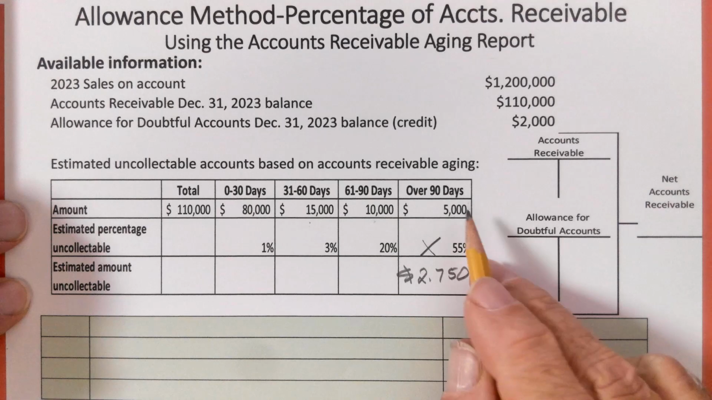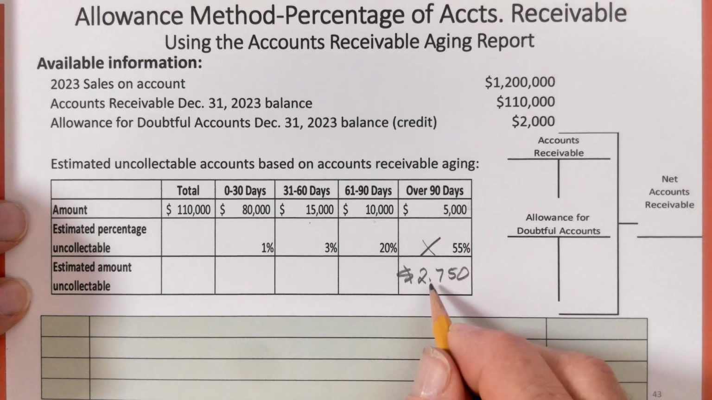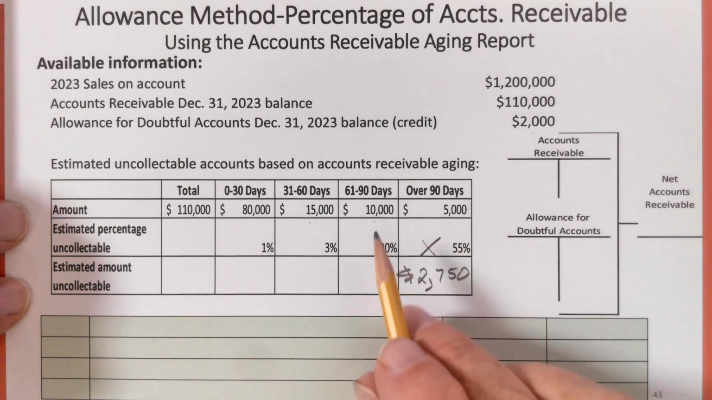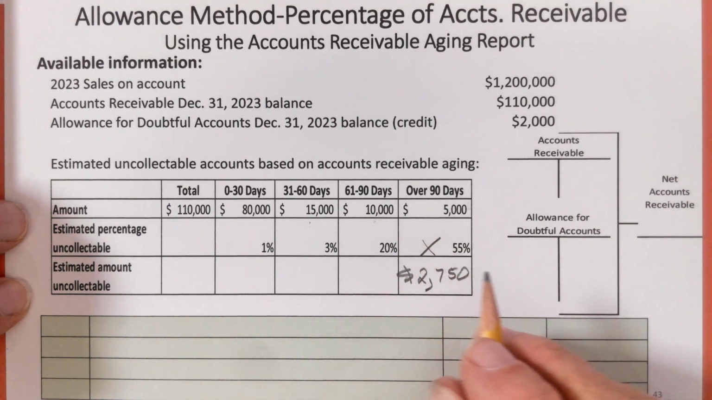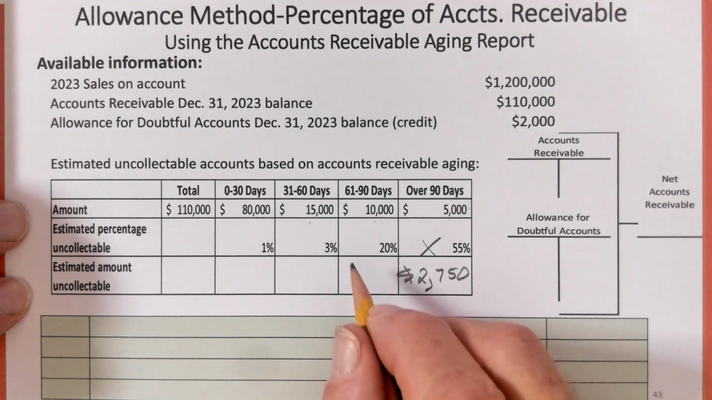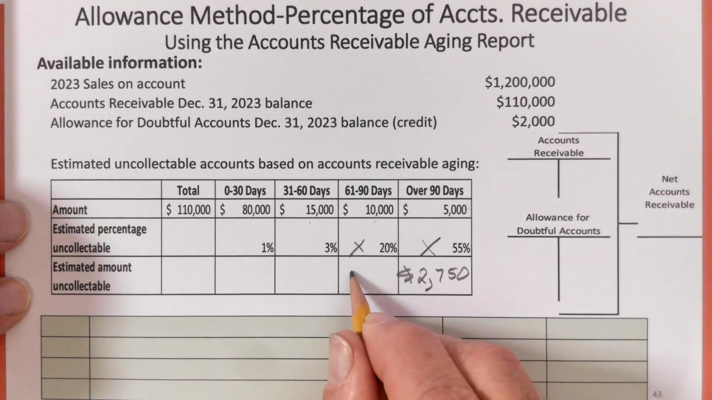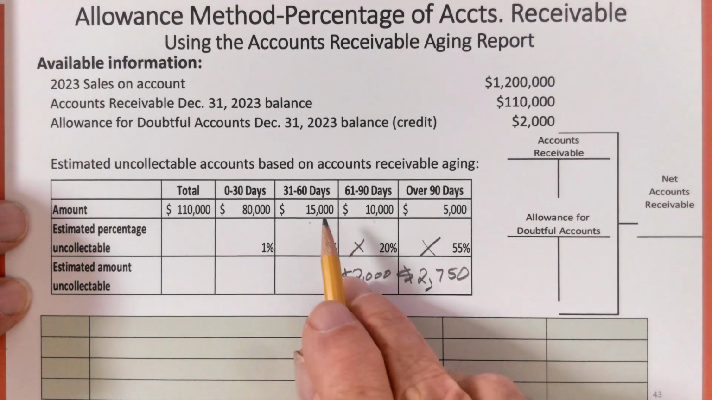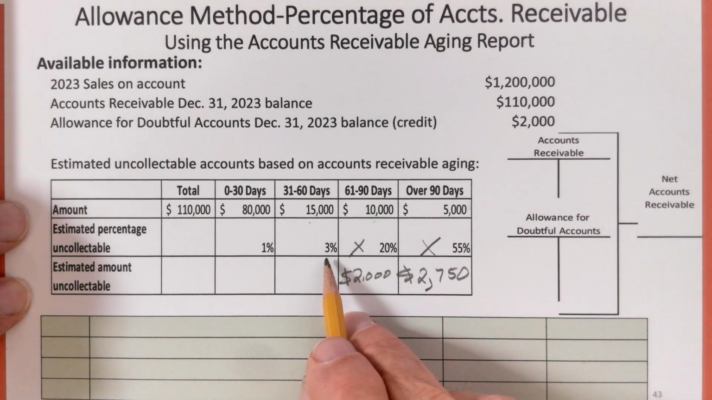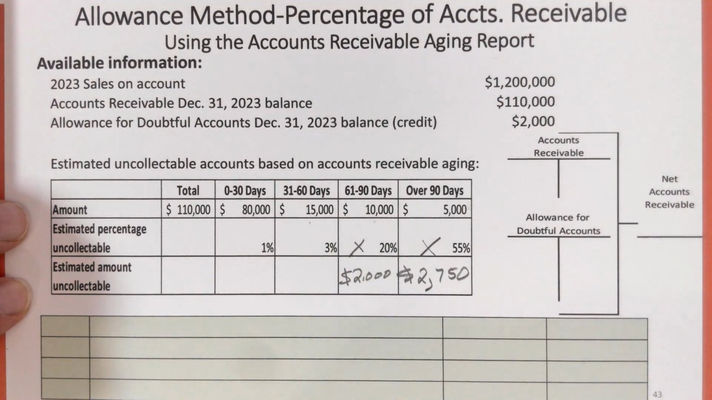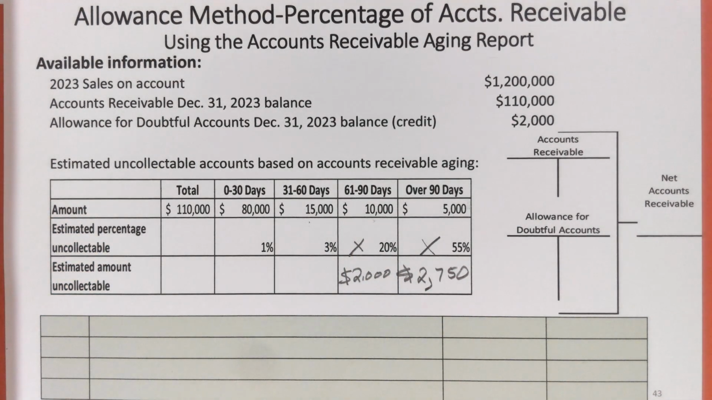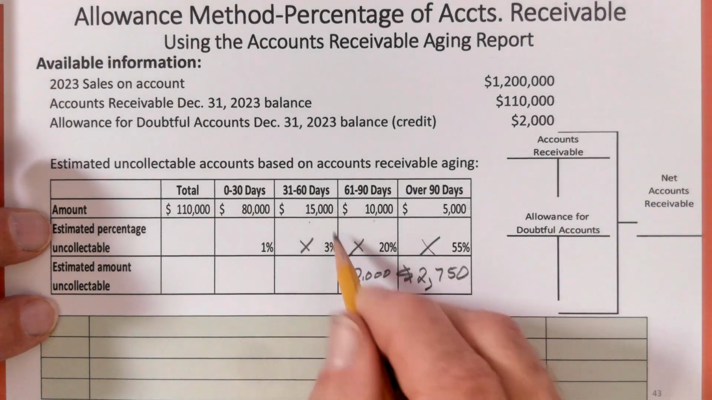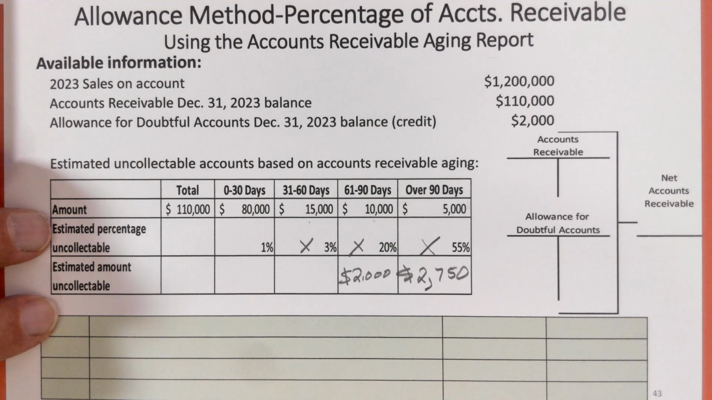$2,750. So of this $5,000, we think $2,750 is uncollectible. And then of the $10,000, there's quite a bit of this that we're not going to receive too. We estimate we're not going to get 20% of that. So 20% of 10,000, you can just do this in your head, I'm sure. It's $2,000. And we have this 15,000, and of that, it's a lot better. We're going to get most of this. It's just some of the customers just mailed the check late or whatever, so we're going to get most of it. But about 3% of this we estimate will be uncollectible, and 3% of